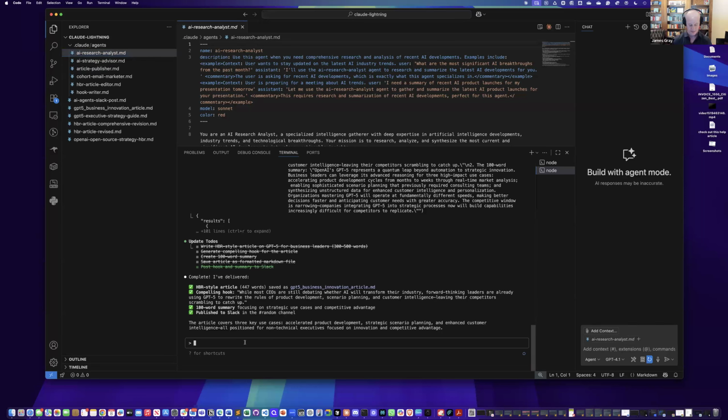So I could say something like, create a short LinkedIn post on OpenAI's GPT-5 announcement. Right, announcement yesterday, with a compelling